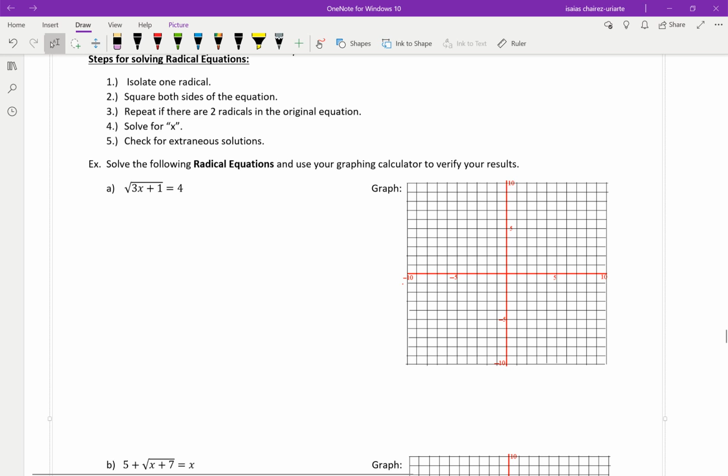Right, this is the second part of section 3.4. In this second part, we will be solving radical equations. Equations with a square root in them, or maybe two square roots in them. Okay,